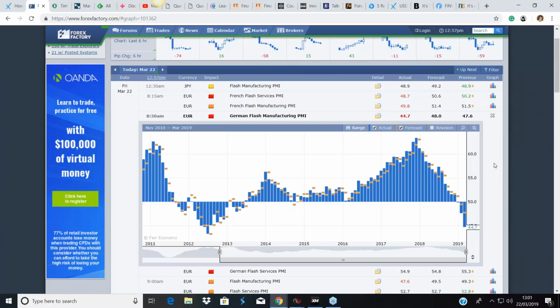It's reading this data. It's not only looking at one piece of fundamental news, as here with the flash manufacturing, but also putting that into context of all the other bits of news that come through for employment, housing, jobs, whatever it may be, and really just trying to get a feel for it. And it's not just about whether you're looking at this as a longer term opportunity or an intraday opportunity. That's another discussion entirely. But it gives you context as to the state of that particular currency and that particular economy from a purely fundamental perspective, which you then, of course, overlay on the technical picture, of which volume is a major part.